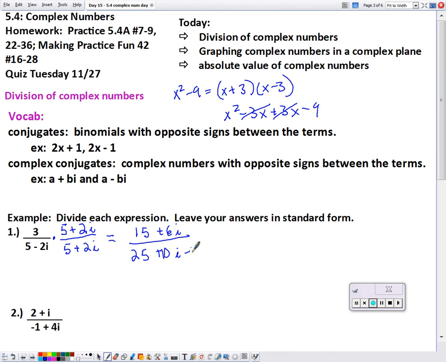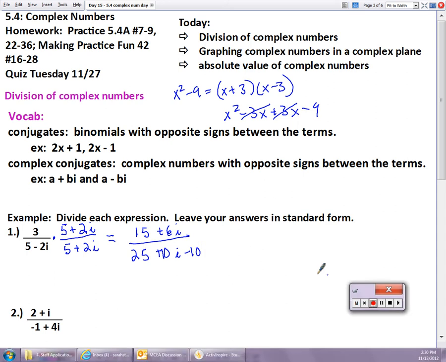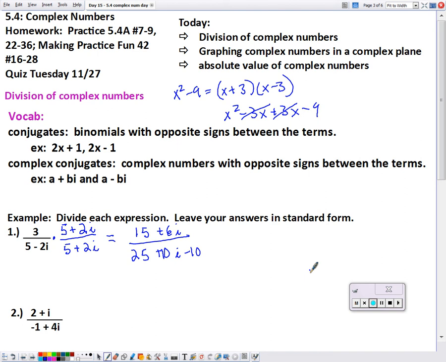minus 10. Attention members of ILT. Sorry about that. Minus 10i